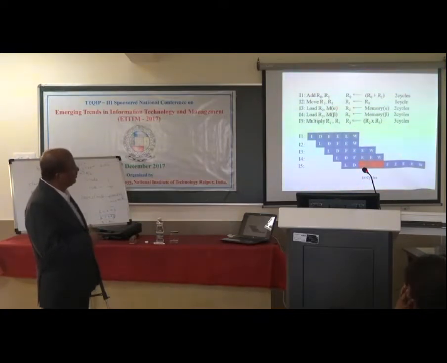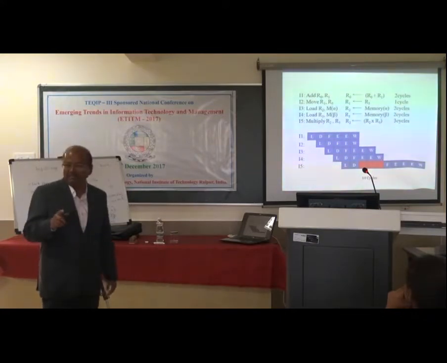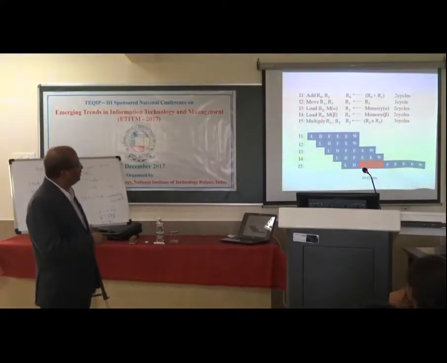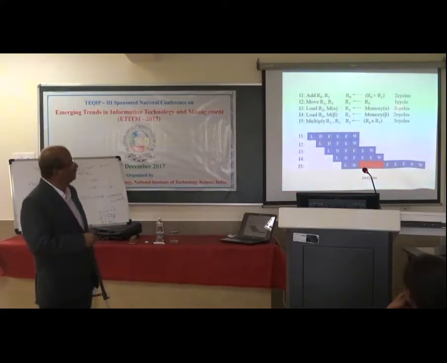Third is from some location of memory, that memory alpha value is loaded into R2. From some other location, beta value is loaded into R3. Now we are multiplying R2 and R3 and storing back in R2. Multiply is a bigger operation, that is why it is taking 3 cycles. Load operations are taking 2 cycles. Add is also taking 2 cycles. Move is a very simple operation, so it is taking 1 cycle.